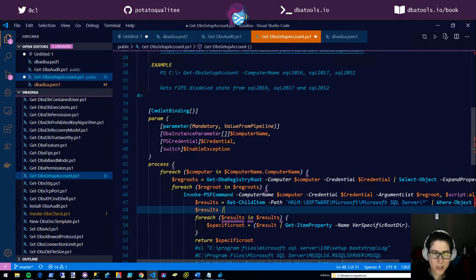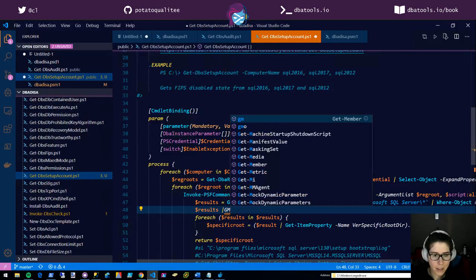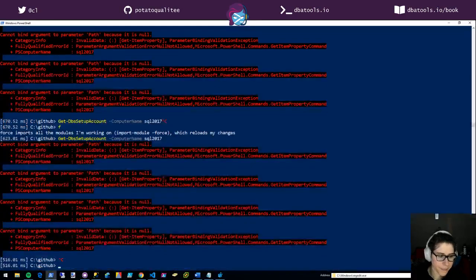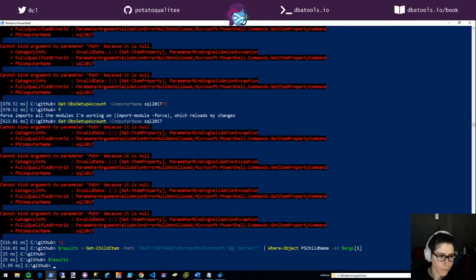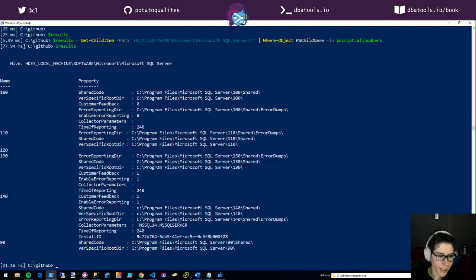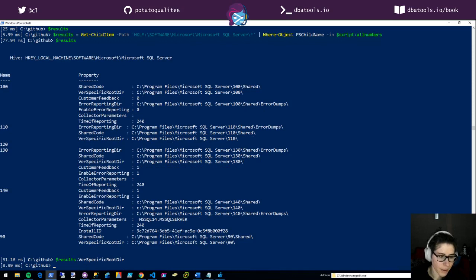I hate this. I just hate it. Already had it. Okay. So we've proven that this doesn't work, right? But I can do a get. Can I do a get child item?